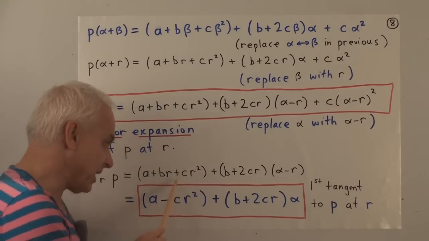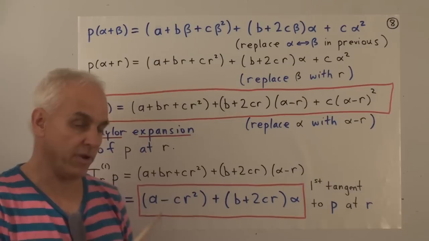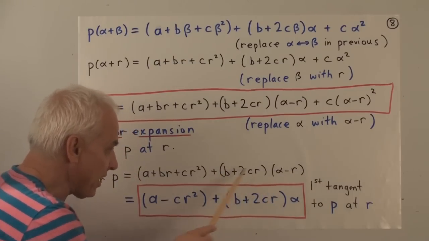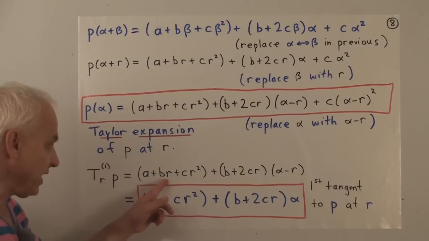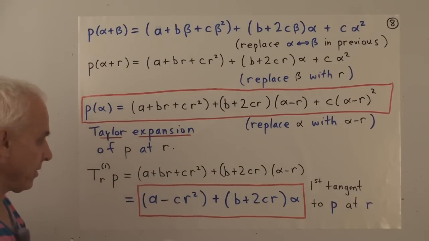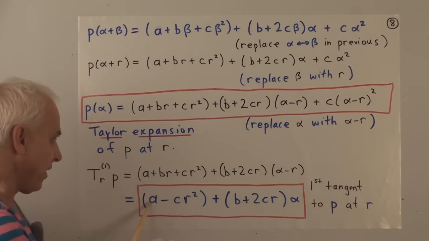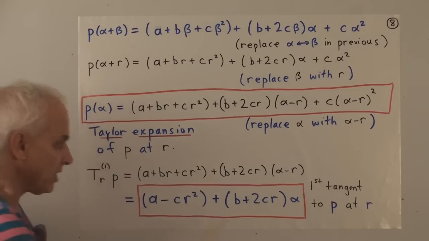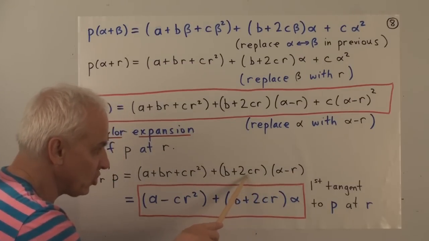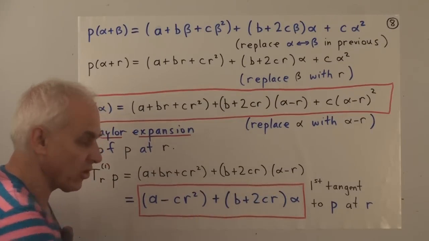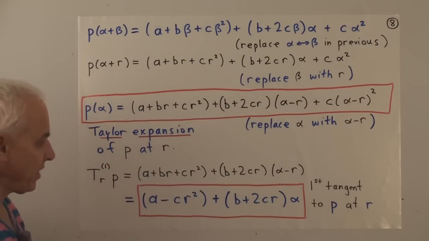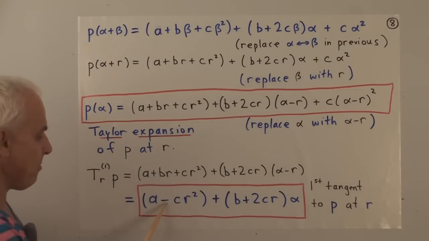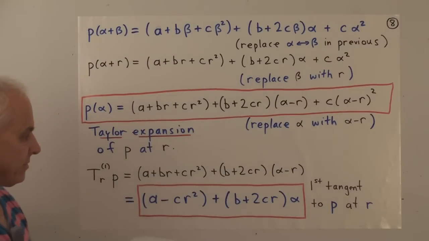Now we're going to do some arithmetic. We're going to expand this out as a polynumber in alpha. It means we have to multiply this minus r here. So there's going to be a minus r times b here, which is conveniently going to cancel with this br here. So there's still an a, but what happens to the cr squared? Why does it become minus cr squared? Well, it's because here also there will be a minus 2cr squared. There's another term multiplying r there. So those minus 2 of them will subtract from the 1 of them to give minus 1 cr squared.